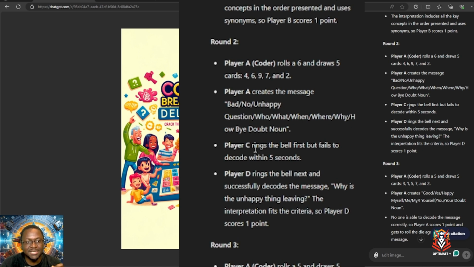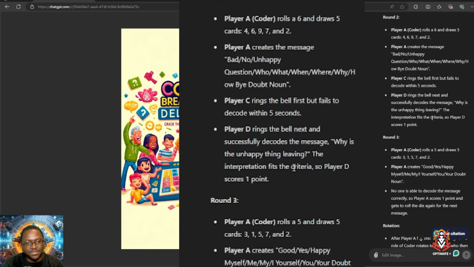Now, player C, which if you notice, there's player A, player B, player C. You guys are playing in a group. So once the first player to roll the die shows the cards, now it's game time. You have to be the first to ring the bell. If you ring the bell on time, you're the first to ring it. Now you get to try to decode the message. Now he decodes the message. He has 5 seconds to do it. And then